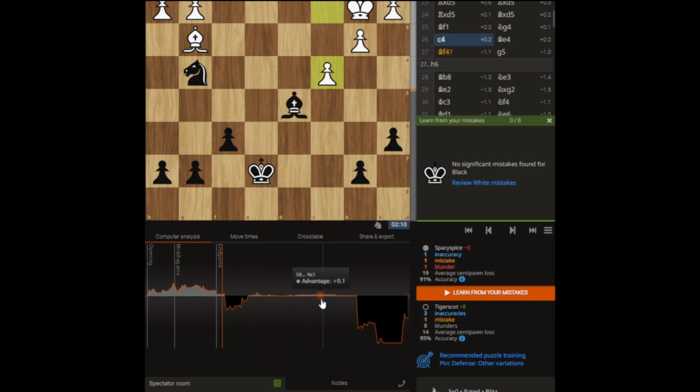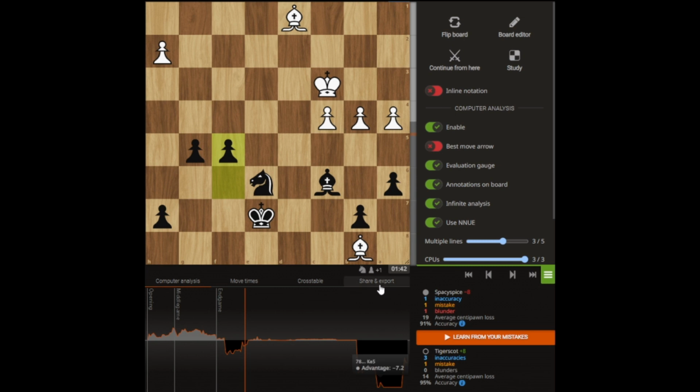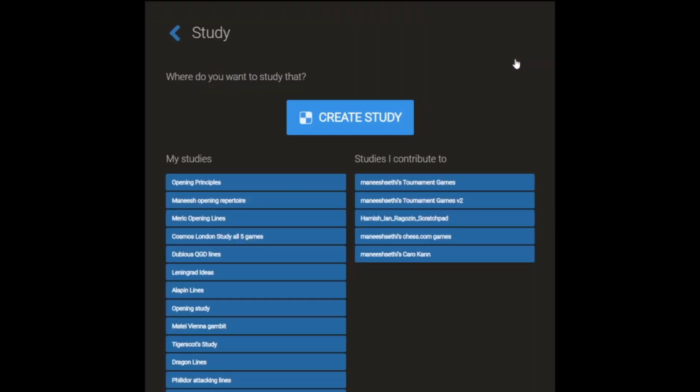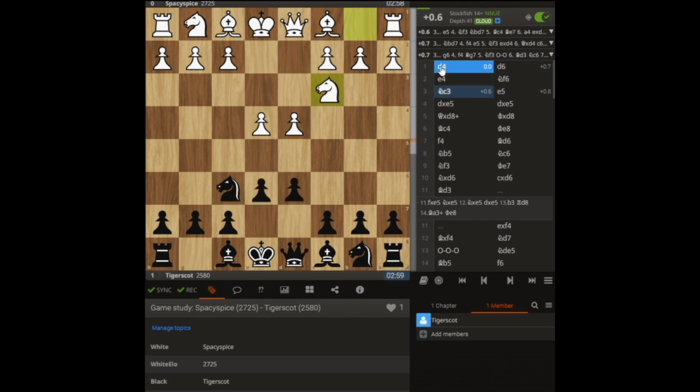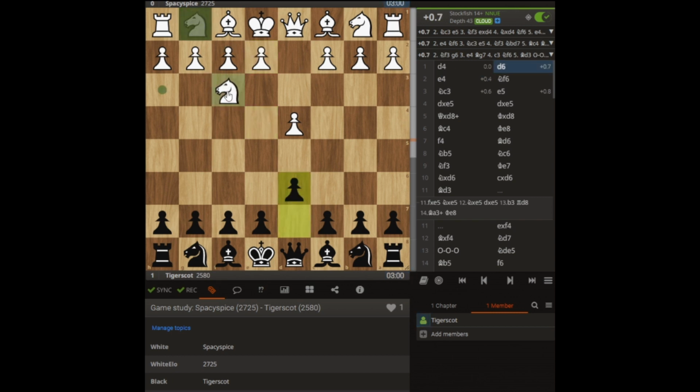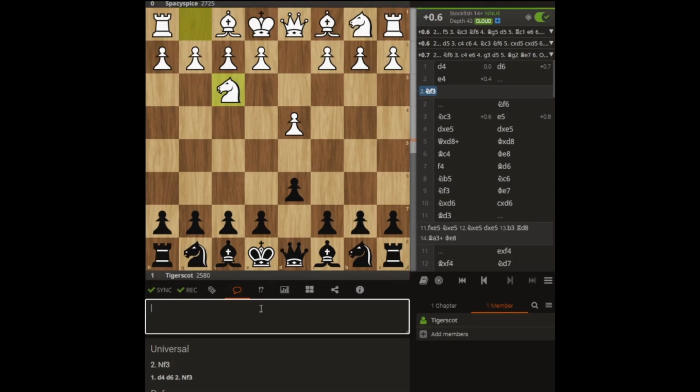And then once you're happy with the game, that's pretty much it in terms of analyzing it. But what you can do is if you really liked the game, you can click the study feature and you can click create study. And what this will do is allow you to reference it in the future, where you can play through the game and you can also add lines. So you can say maybe they could have tried knight f3 instead, and that will create a new line. And you can even annotate and say maybe this move